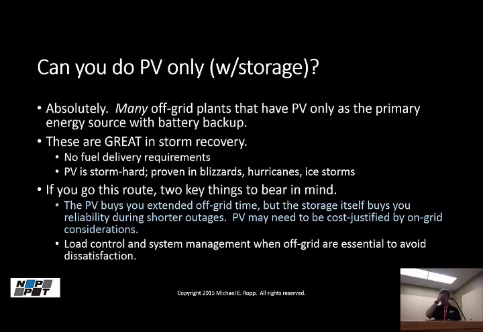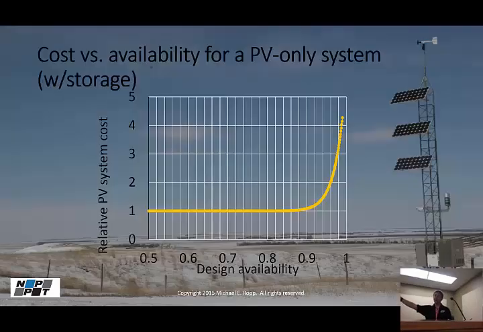And I wanted to show you this slide here. There's a classic example of an off-grid PV system where PV is the economical choice. This particular one is in Cherry County, Nebraska. But you see we've got PV running a small instrumentation package. But the deal that I wanted to show you here is that if you're looking for those last few nines of availability, the relative cost of the system starts to shoot up if you're doing it with only PV